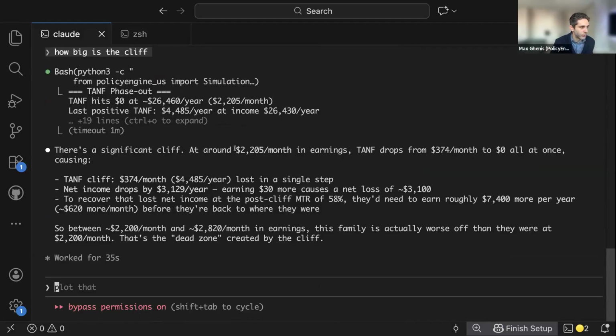So they lose eligibility at 2205 in earnings, and that results in a cliff of 374 per month, which is about 4485. This is the kind of thing we hope to add into our web interface as well, so you don't have to use Claude Code yourself. But increasingly, we do see these AI interfaces as the way that we expect many users to get information. So we're trying to provide the computational infrastructure to make that more accurate.